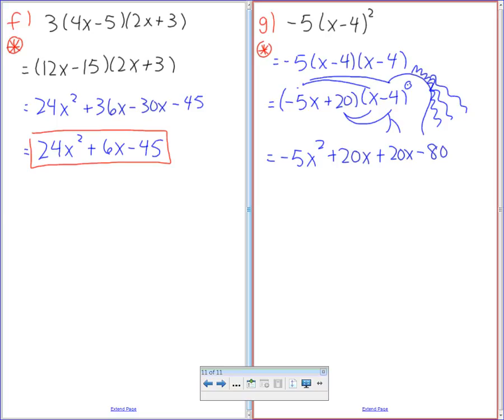So just watch it. Negative 5x times x is negative 5x squared. Negative 5x times negative 4 is positive 20x. 20 times x is positive 20x, and 20 times negative 4 is negative 20. Where's the negative? Because remember what happened here, Natalie. Negative times negative is going to turn out to be a plus, right? By the bracket there. All right, Jenna, can you finish one off, please? Negative 5x squared plus 20, or plus 40x. Wonderful. Minus